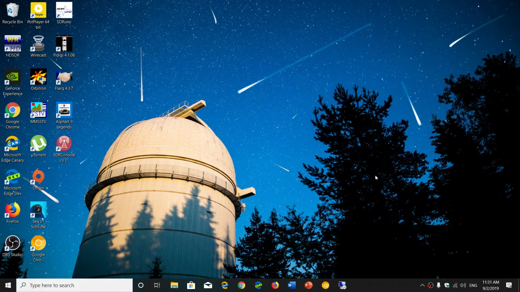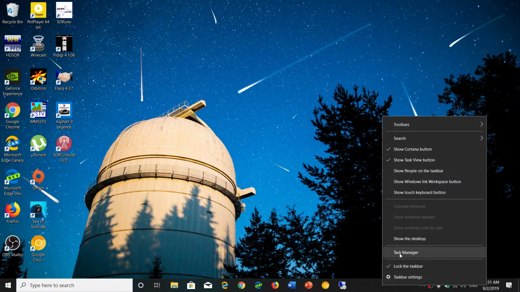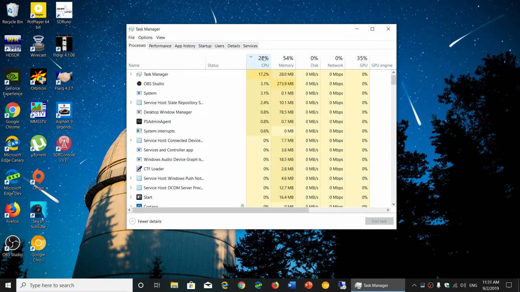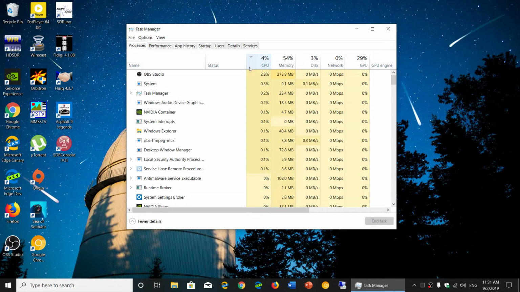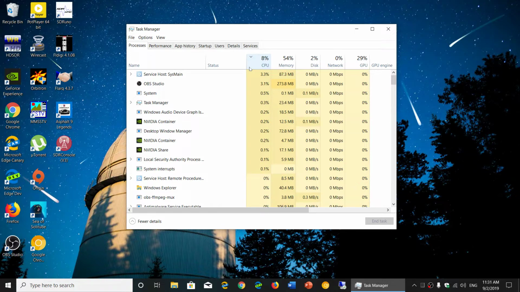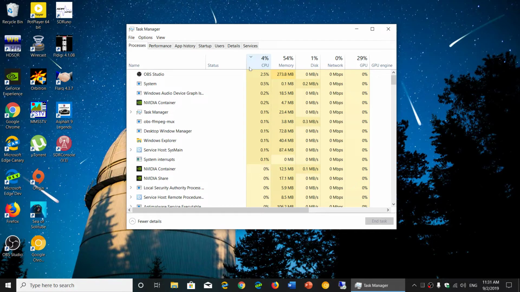And you can actually look at this and go into your taskbar, right click, go into the task manager, and look at the CPU usage. It shouldn't, when you're not using your PC, be at 70, 80, or 90%. It should be a much lower number depending on the PC you have. Of course, older PCs usually have higher CPU rates, but still, if you see that, you should see that in the list of